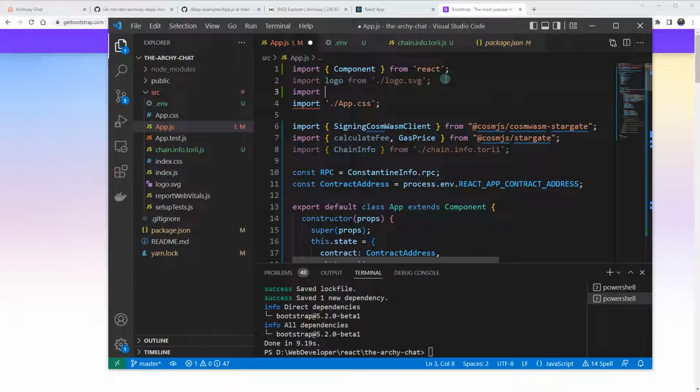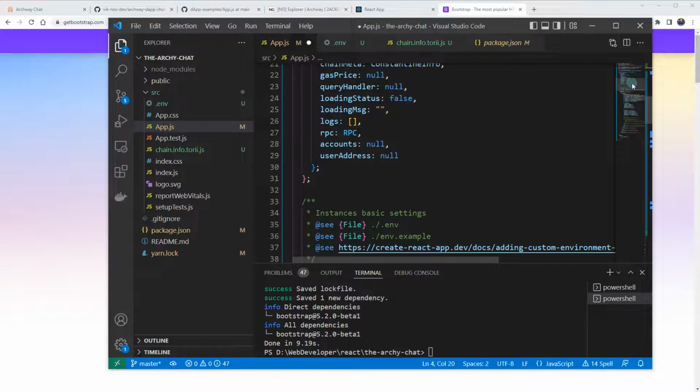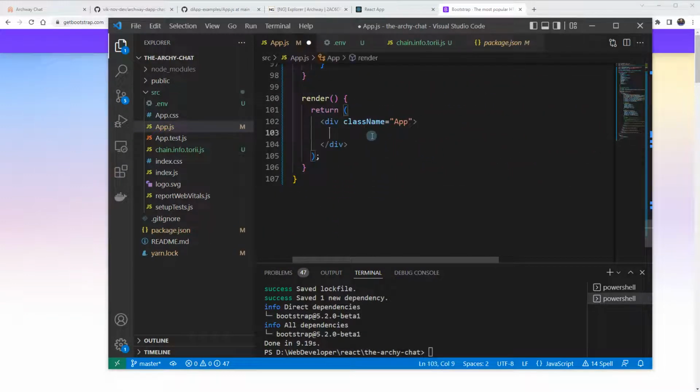Import bootstrap gist CSS, bootstrap min CSS, and here let's add